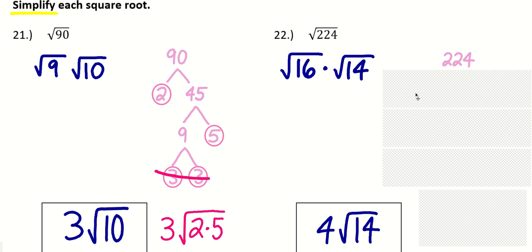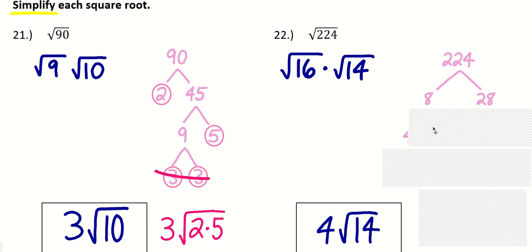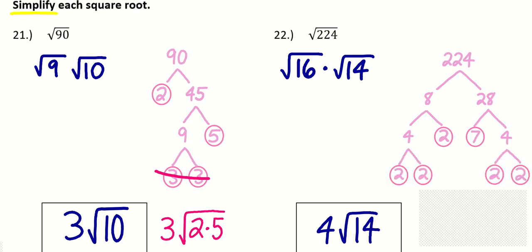So 224, again, there are probably numerous ways to start breaking down 224. I'm going with 8 times 28. Both of these can keep breaking down. The 8 breaks down to what? That's right, 4 times 2, and the 2 is done. 28, there's more than one way to break down 28. Maybe you are following the exact same path I am, but it doesn't matter. So here I have 7 times 4. The 7 is done, but these two 4s can each break down to 2